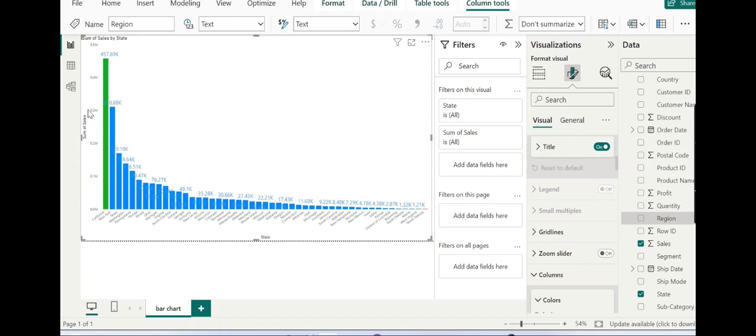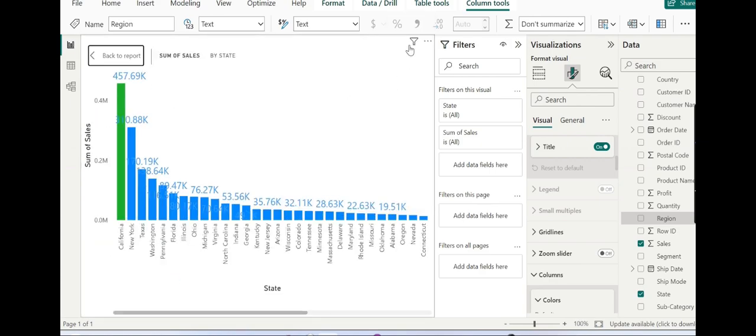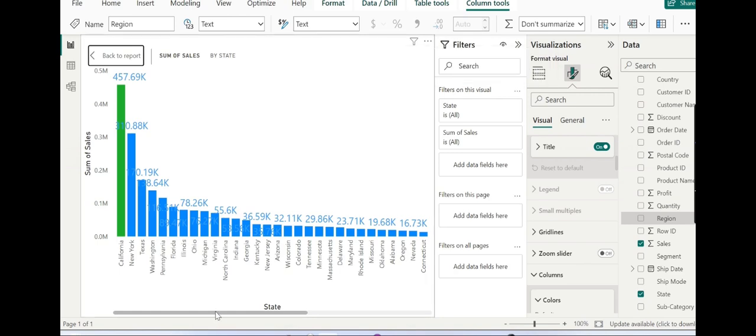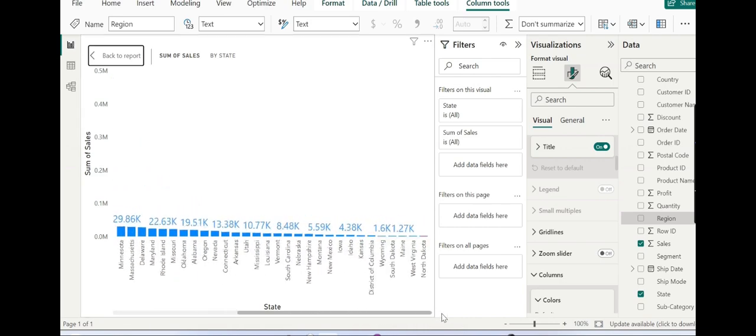Now coming back to the point, there is a focus mode at the top right of the visualization, and in contrast to the full screen mode, this makes use of all screen real estate for just one single visualization. So we will go to the focus mode. Let's add another visual to our report.